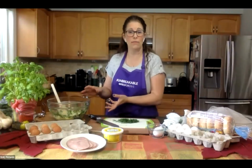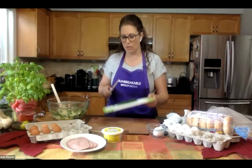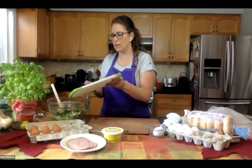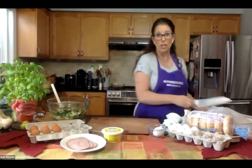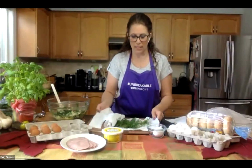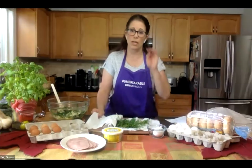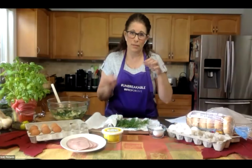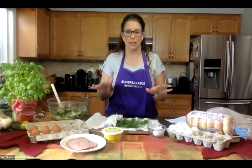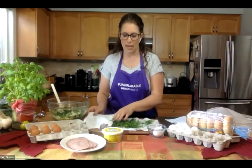And you can use the same flavorings too. So I've chopped my fresh dill, and I'm just going to stir that right into there. About 3 tablespoons is going in, and that's going to give us a lot of fresh flavor. And I have my dill, because I get questions about fresh herbs all the time. And I know it's frustrating, especially when you find them slimy in the back of your fridge. Nobody loves that. So this has been washed and patted dry, and then I keep it in